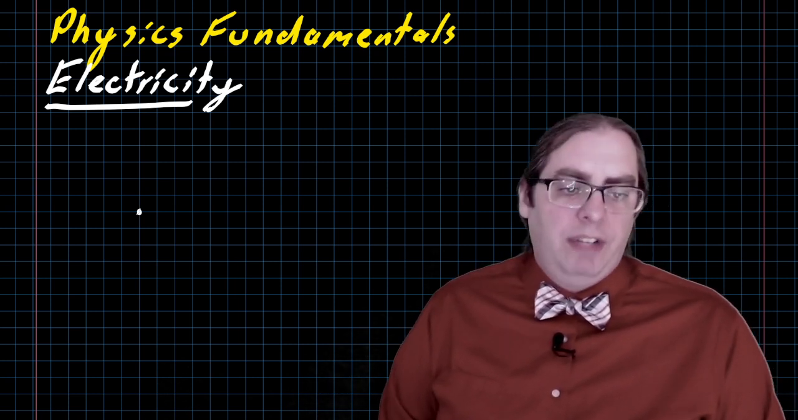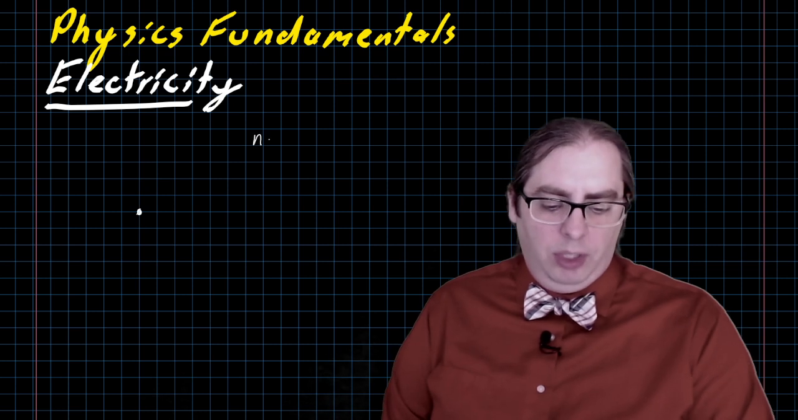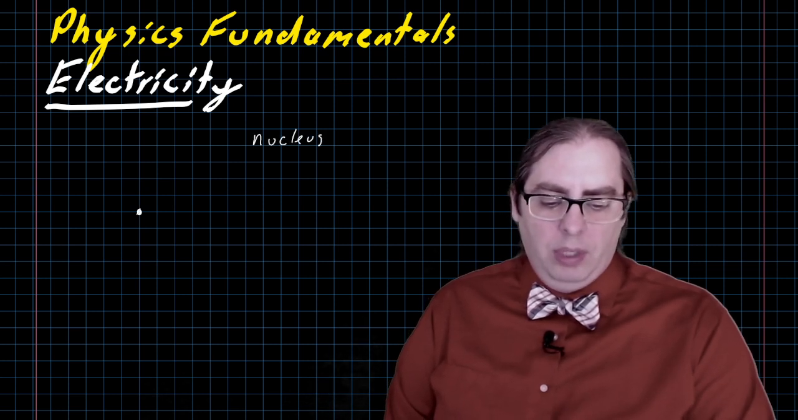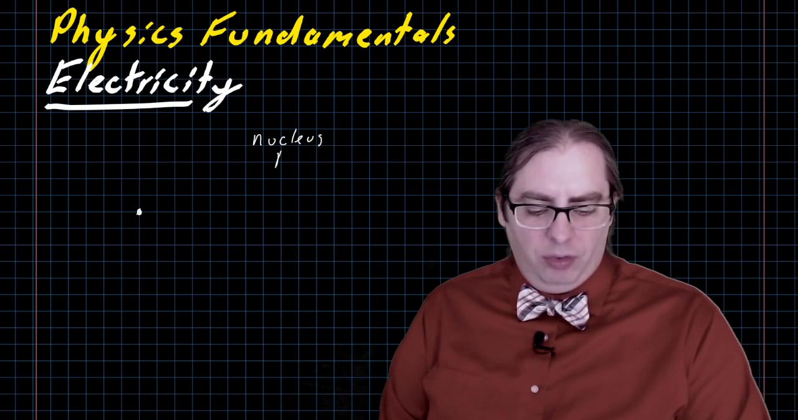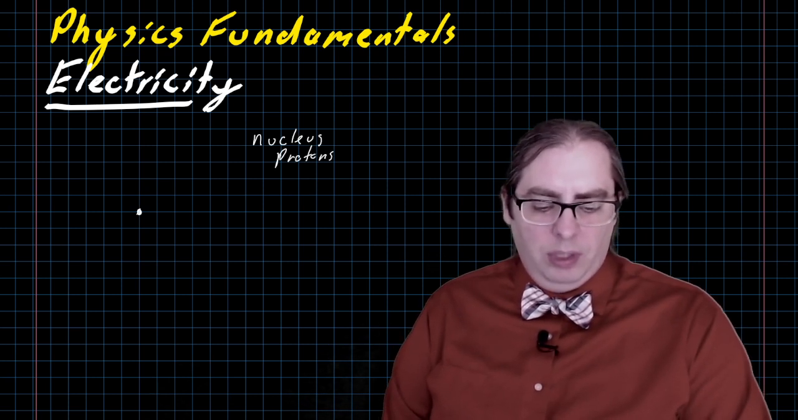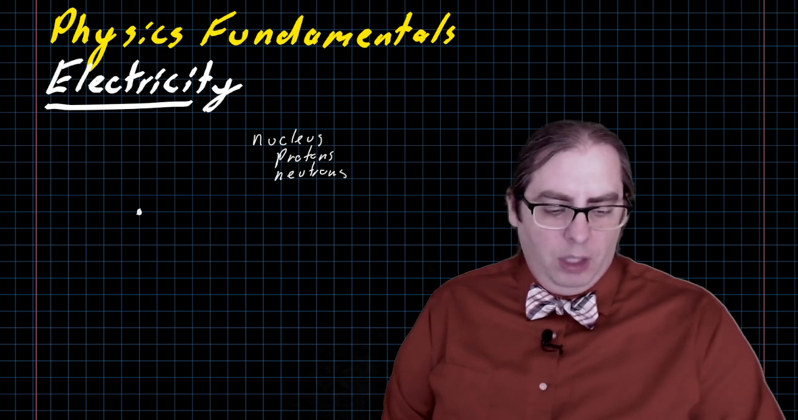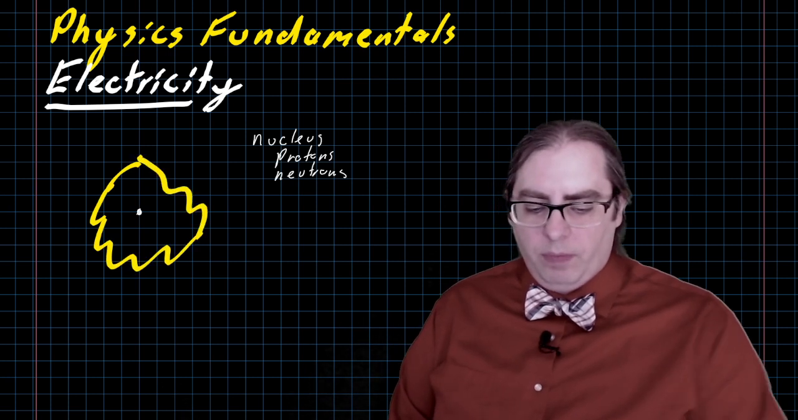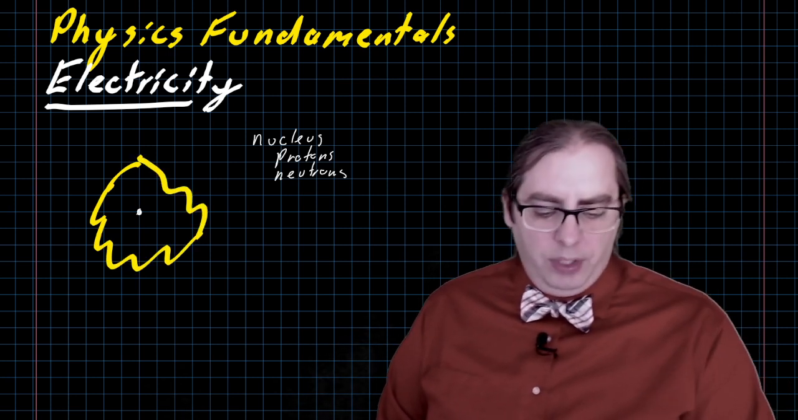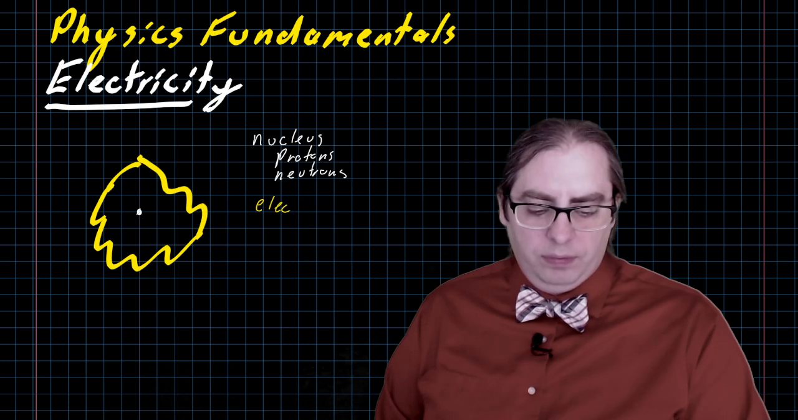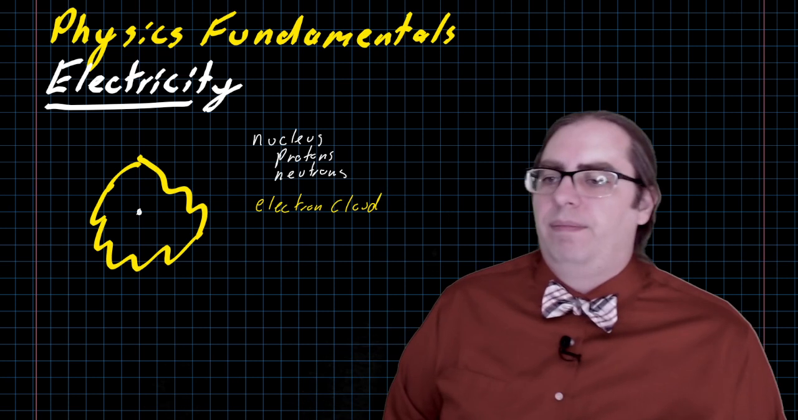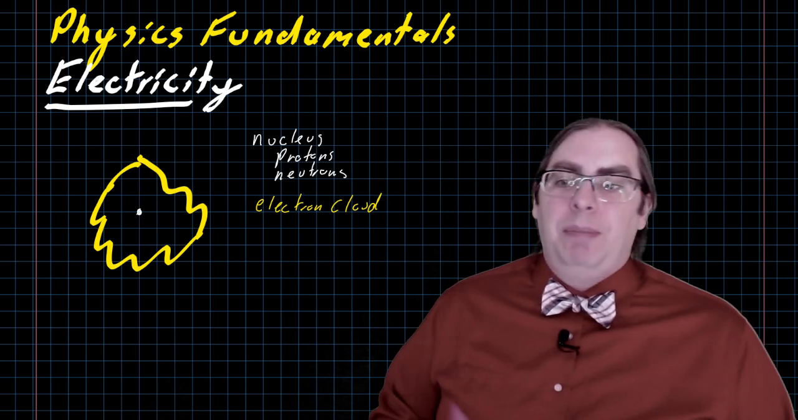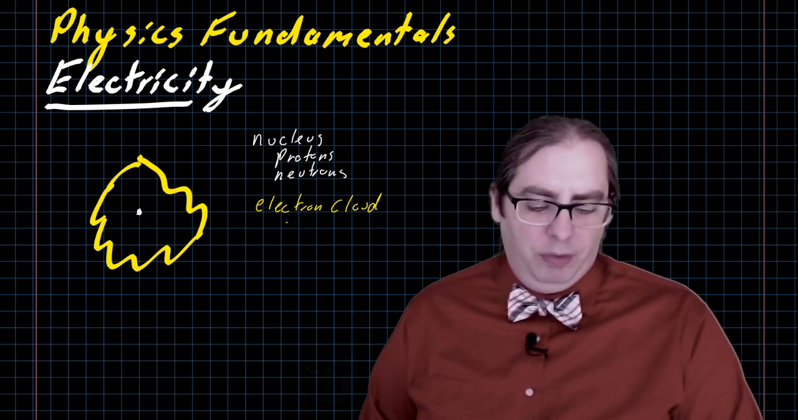At the center of an atom, there is a nucleus. That nucleus contains protons and neutrons. Surrounding the nucleus, there is a cloud of electrons. Right. Very aptly named, the electron cloud is where you find